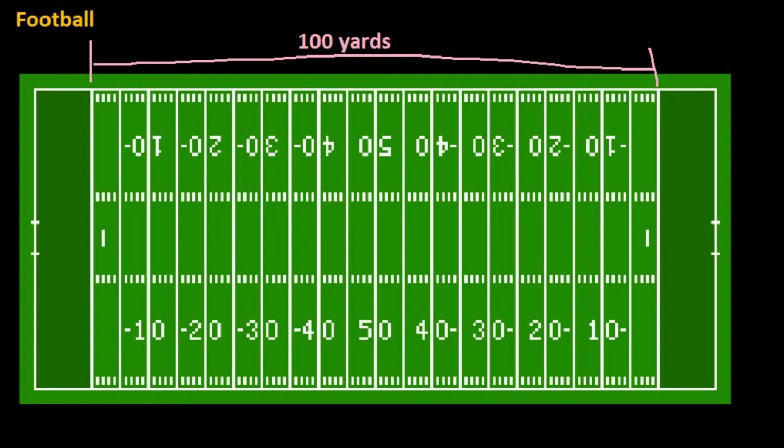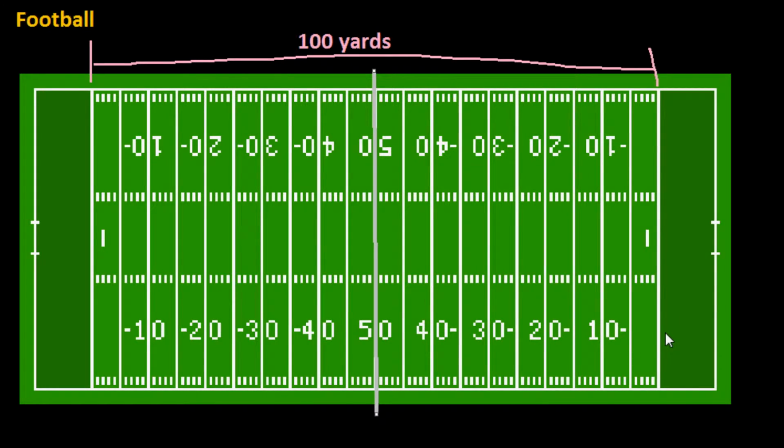You can kind of see in the middle here that it is divided in half by the 50-yard line. Each of these numbers on the field represents the number of yards, and it is counting down. It starts in the middle with the 50, and then 40, 30, 20, 10, and then obviously the same thing on both sides. You could probably tell by now that each side of the field is identical. So we start in the middle with the 50, and then the 40-yard line, the 30-yard line, 20-yard line,